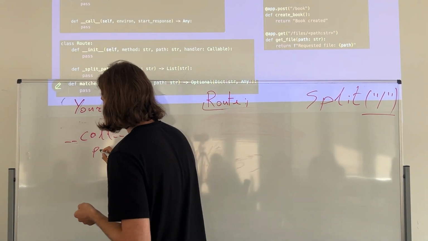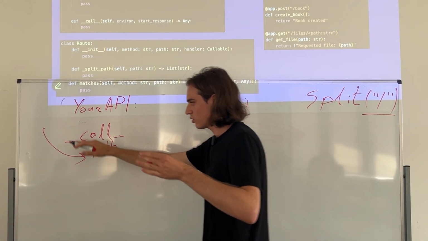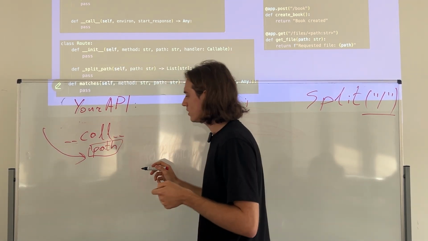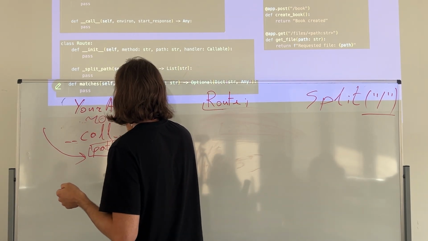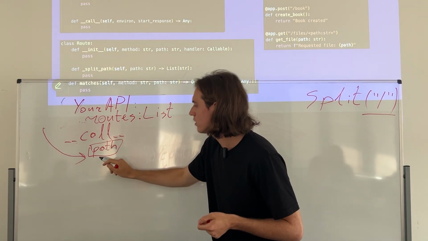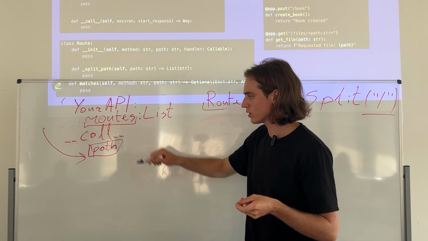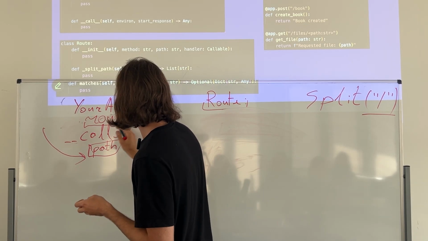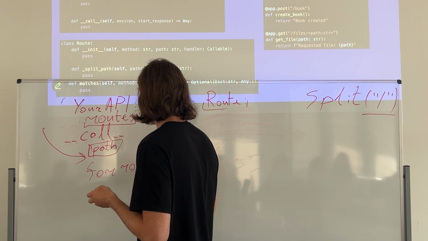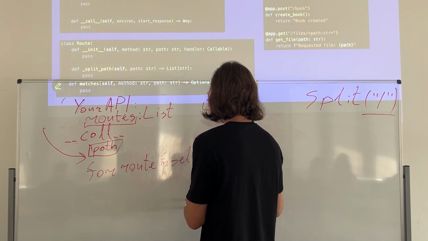When you receive a request with a path coming into your server from outside, you need to check your roads list, right? You need to check if you have similar paths in your roads. For this, you do something like for route in self roads,